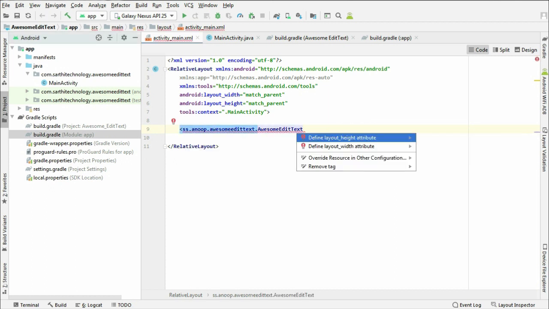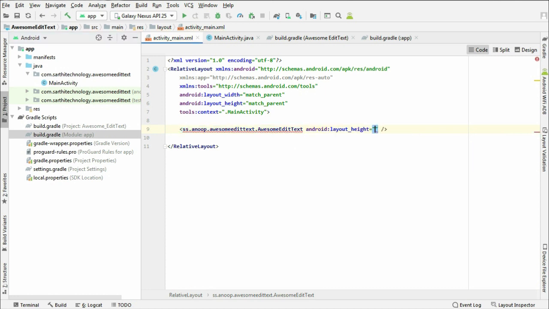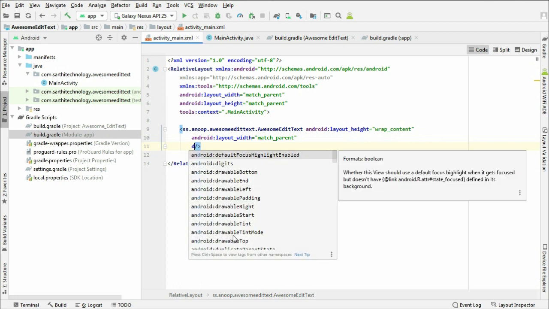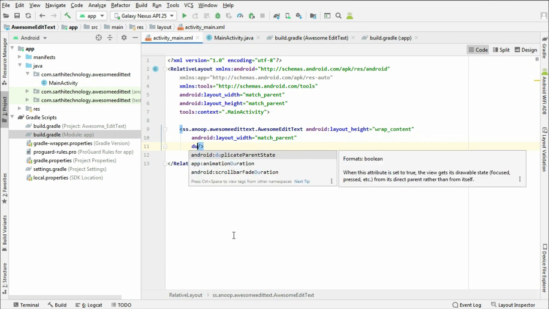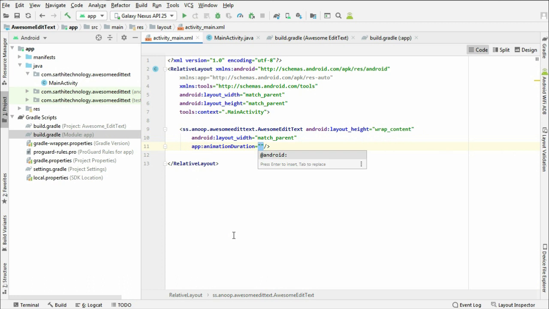press alt enter. Height will be wrap content. Again width will be match parent. Animation duration, for example 500, and ID.